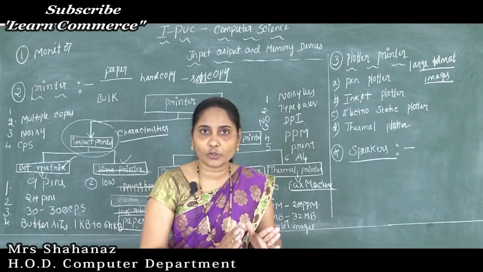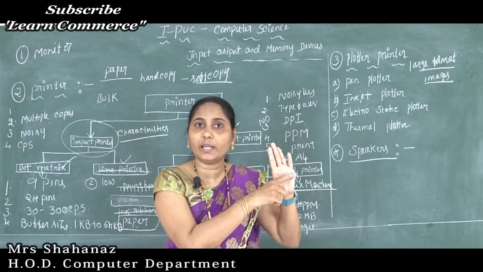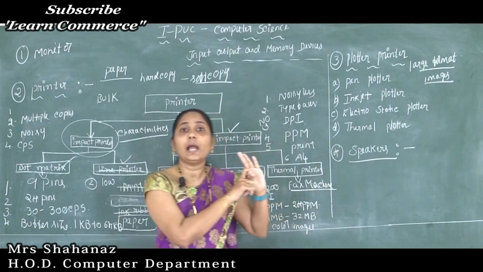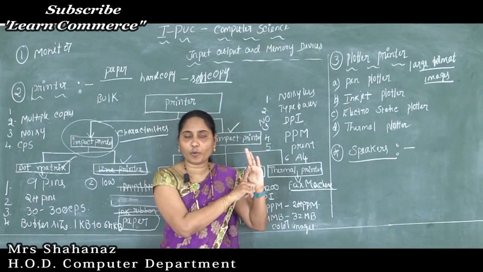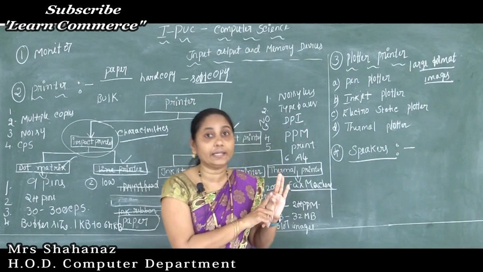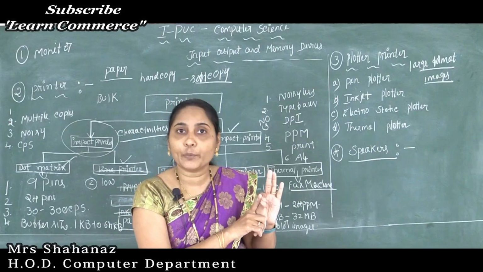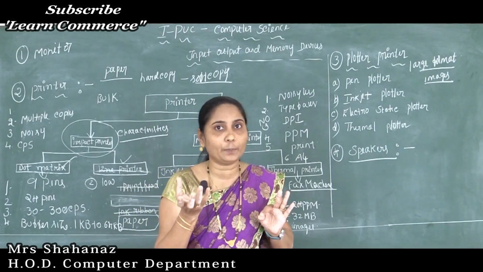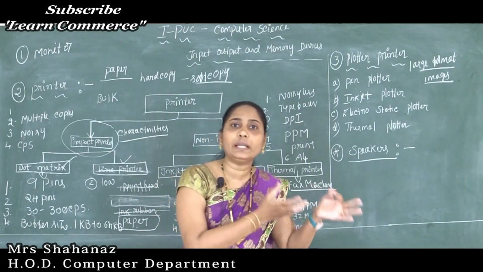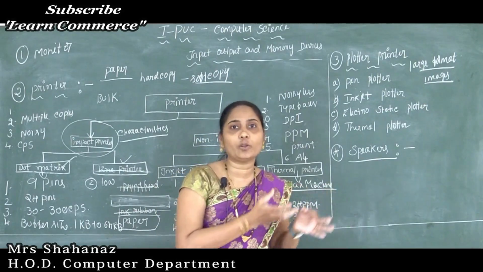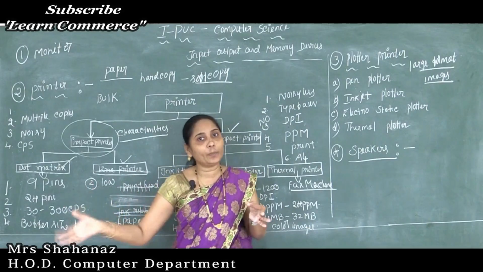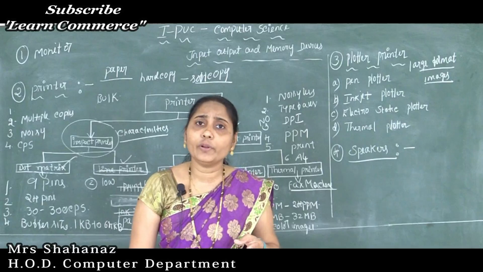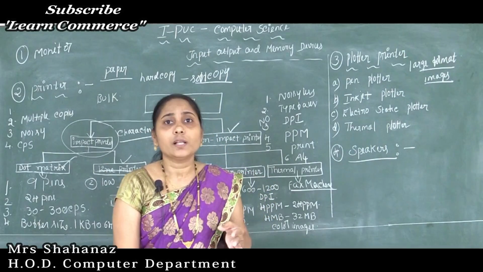So it is used for house construction images and also for engineering drawings created in a CAD system. We know the full form of CAD is computer aided design, and computer aided design is used to design the product. Like that we use it to print the design of the house construction. So this is about our plotter printer.